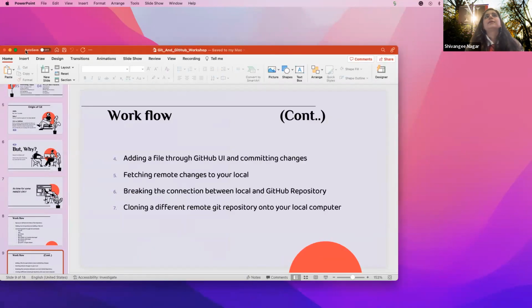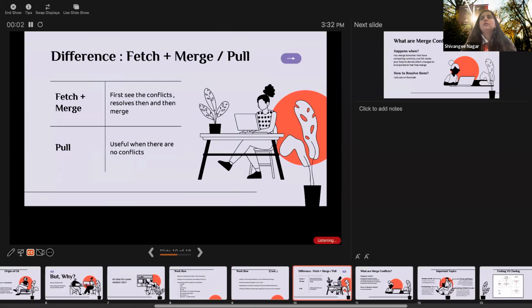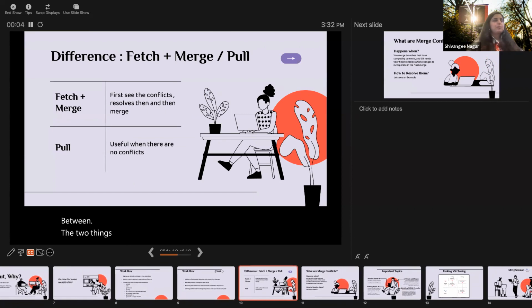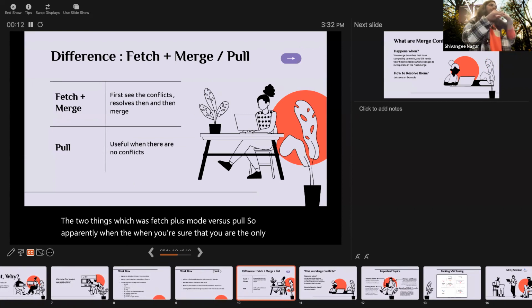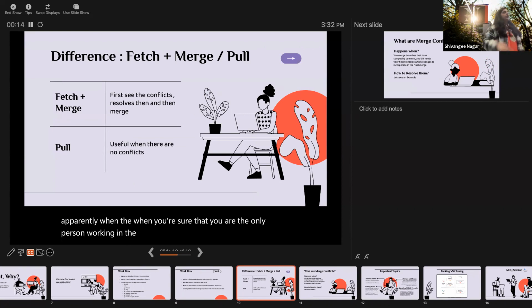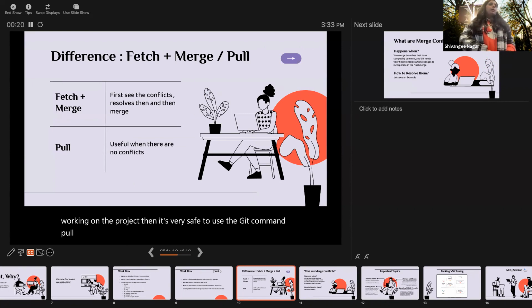Yep. Cool. So what I was talking about was the difference between the two things, which was fetch plus merge versus pull. When you're sure that you're the only person working on the project, then it's very safe to use git pull, because you know that pull will be successful since you won't have any merge conflicts.